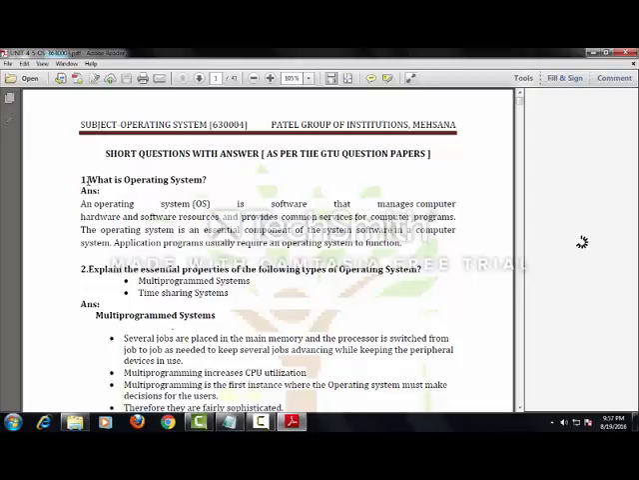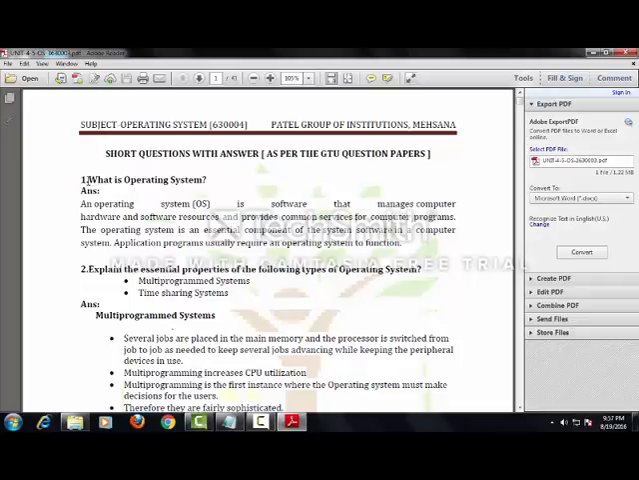So we are going to discuss some important questions which are very important in GTU exams. First question is, what is operating system? As you can see here, we are describing the operating system. An operating system is a software that manages computer hardware and software resources and provides common services for computer programs,